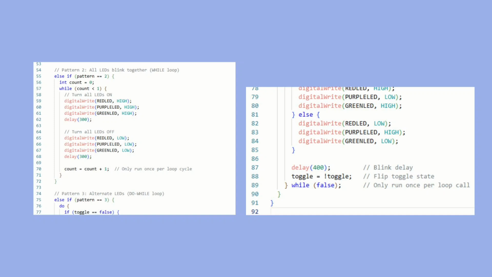Now let's look at pattern 2, where all LEDs blink together. We use a while loop. If the current pattern is 2, I use a while loop that runs only once because count starts at 0 and increases to 1 inside the loop. Inside the loop, all 3 LEDs turn on and wait 300 milliseconds,